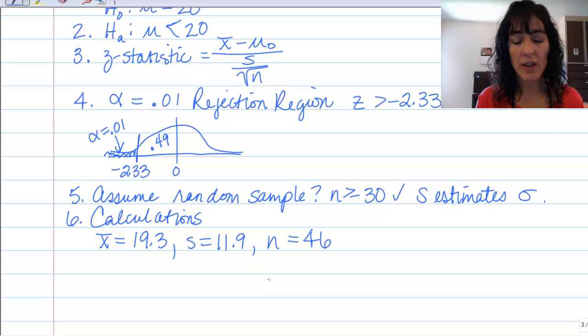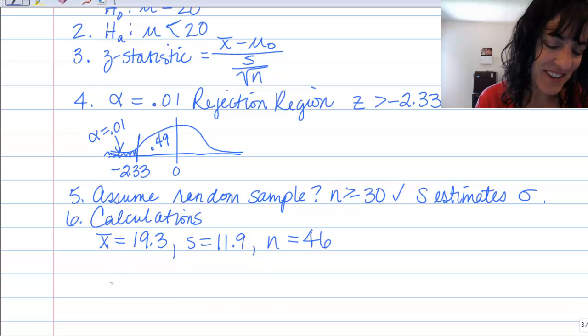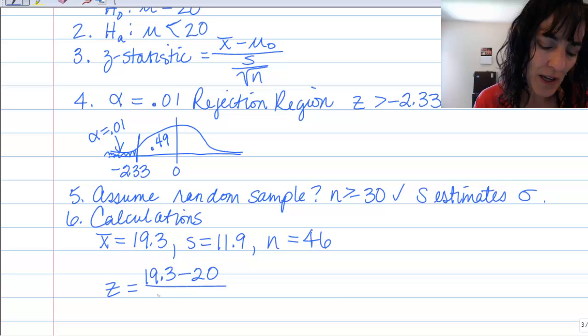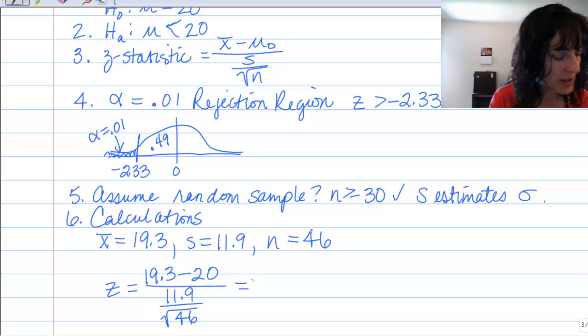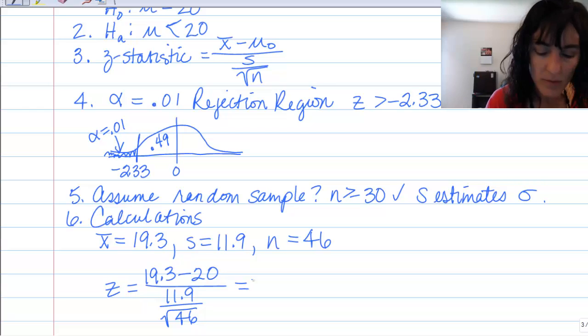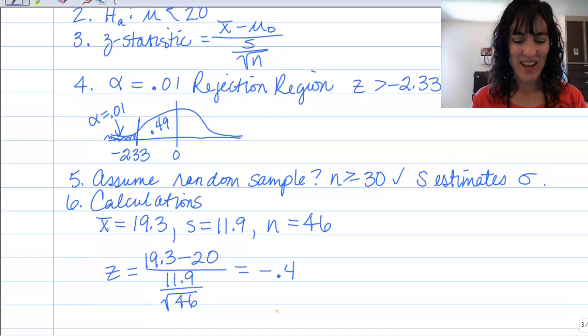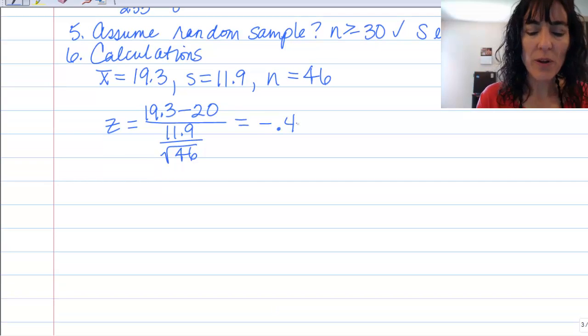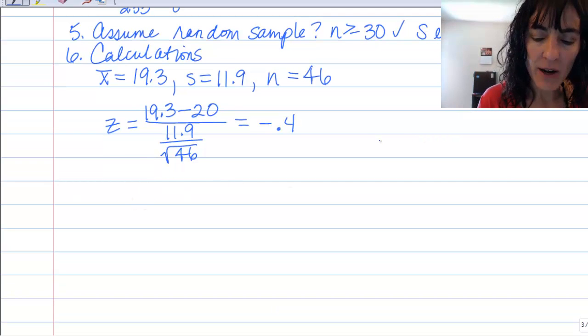46. So we want to calculate our z statistic for this one. It's going to be 19.3 minus our mu naught, which is 20, over 11.9 divided by the square root of 46. And when we calculate that out, I got negative 0.4. Okay? So we get negative 0.4, and if I draw that now,